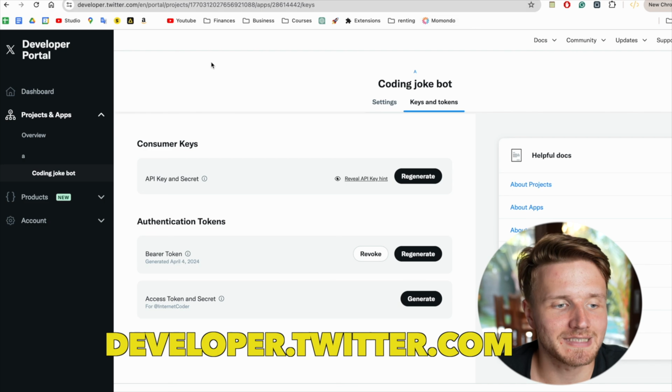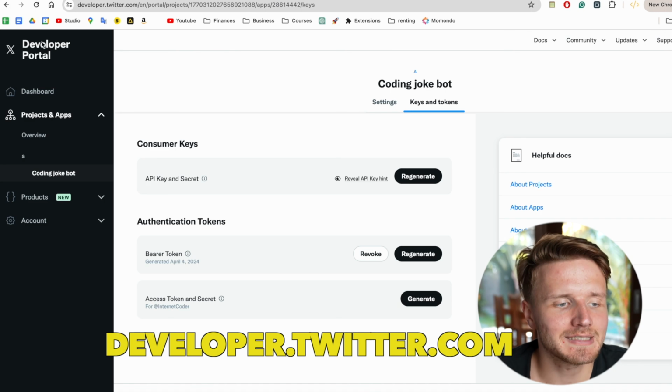And I, of course, encourage you to figure out your own automated Twitter influencer that you want to make, because otherwise we'll just have a bunch of coding humor influencers out there. Now, the way this is going to happen is in a couple of steps. What you're going to have to go to is